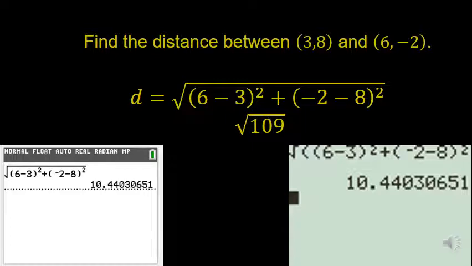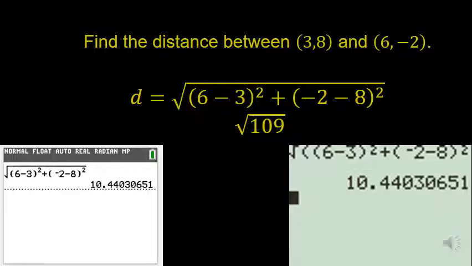If you do have the TI-83 that I have or an old cheap calculator, you've got to be careful of parentheses, because everything under the square root has to be in parentheses, and then each of the things you square is in parentheses. It's okay on problems like this to write a decimal. It's also okay just to write the square root of 109. I usually just do the square root of 109 because personally I think that's easier,